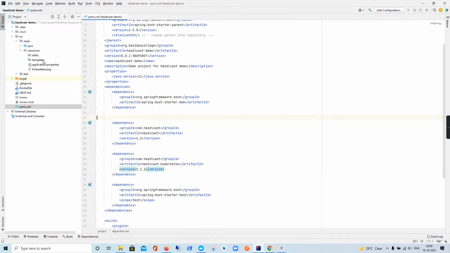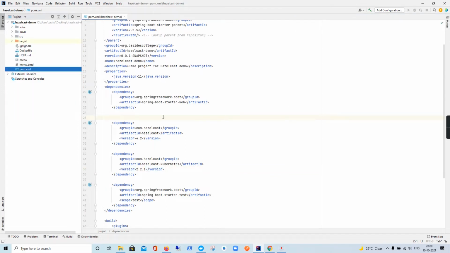This is done. Now, if you have seen my previous video, I have explained Hazelcast discovery works basically on service metadata. So basically you need to provide what kind of service you are looking to find, and then that particular service basically gets added to the cluster if it meets the requirement, like cluster name. So we need to have that metadata handy before we can jump into writing HazelcastConfig.java.